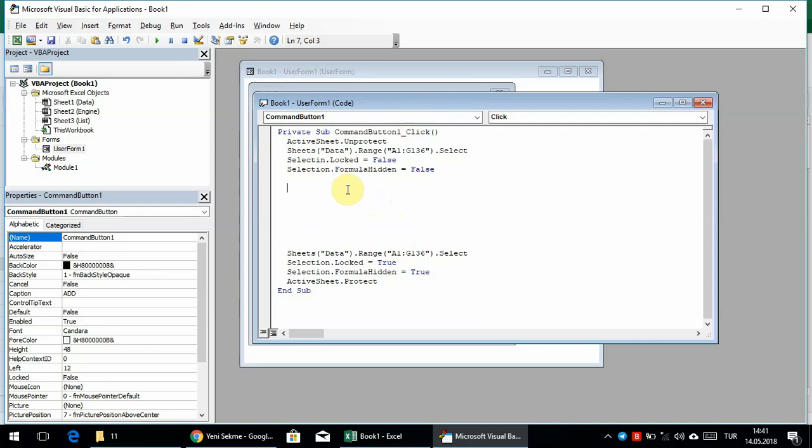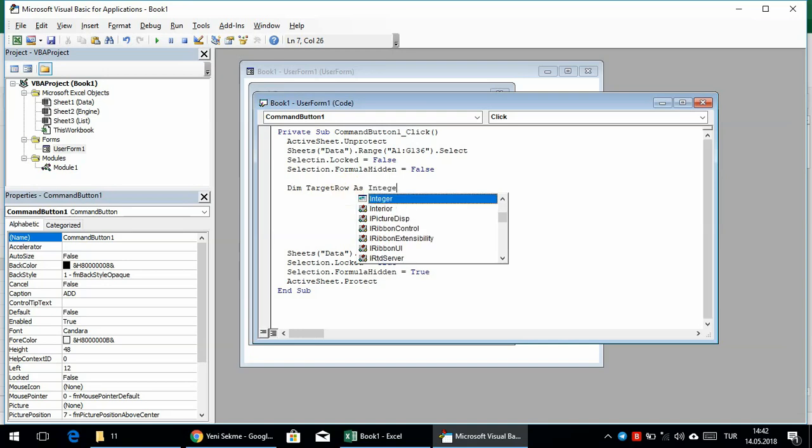First, we need to understand which mode we are in, if it is in edit mode or new mode, so that we're going to add a new row or continue from the selected row. So we need a target row. Before that, Dim targetRow. This is a variable which is going to keep the row which is selected, the new row or the selected row. So as Integer,